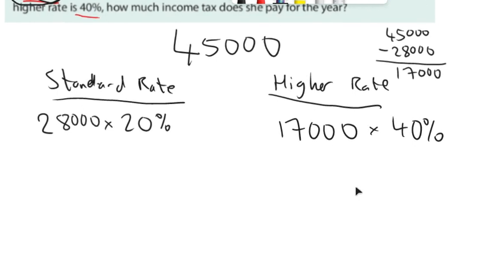Right, so it's easy enough from there. You just need to work out what 20% of 28,000 is. Now you could change it to a decimal. You could do 28,000 multiplied by 20 over 100 or multiplied by 0.2 as a decimal, or you could just use the percentage button on your calculator. So you should get 5,600,